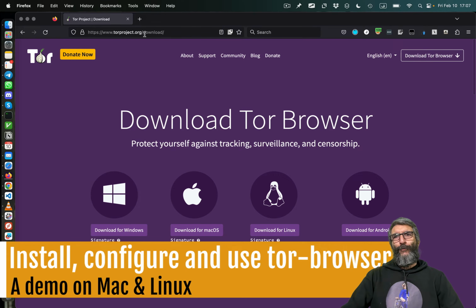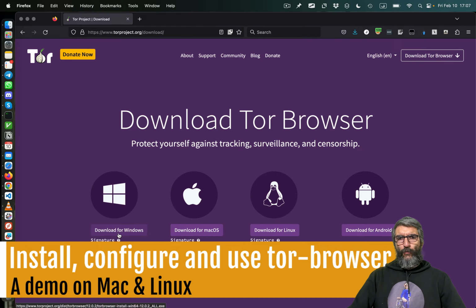If not, you can go to the download page yourself. Based on your operating system, you can go with download for Windows, download for Mac, which I'm on, or download for Linux or Android. And after the download, you can just run it as a normal program. I will show you. I have downloaded for Mac and for Linux and will show you how to use, configure,